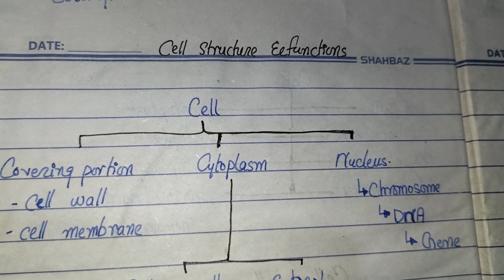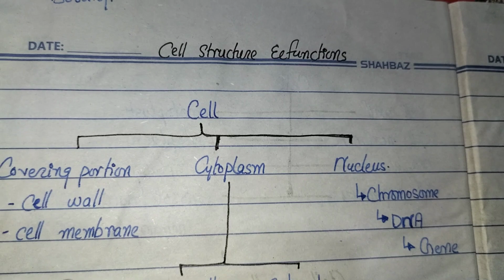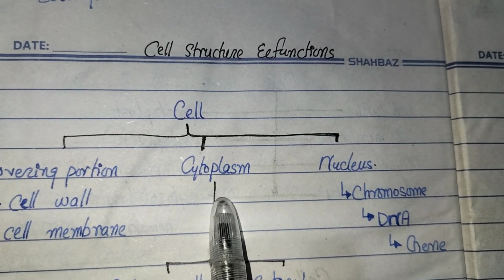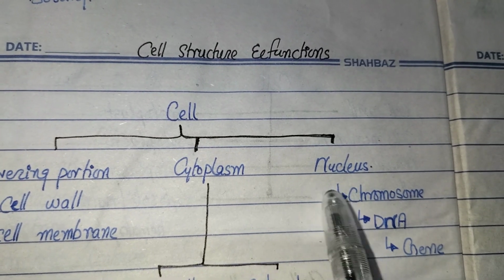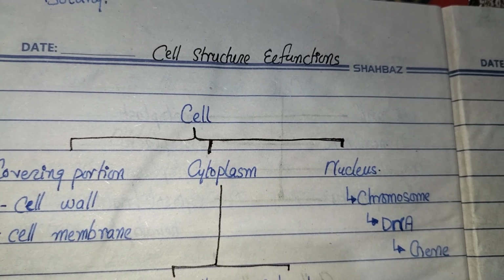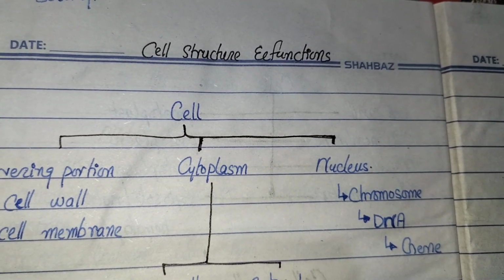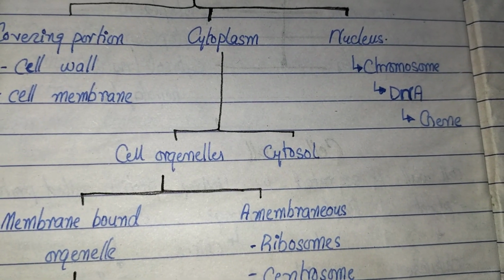A cell has three main parts: the covering portion, which includes the cell wall and cell membrane; the cytoplasm, which is a kind of liquid present in the cell; and the nucleus, which is the center and the basic structural part of the cell. It contains chromosomes, DNA, and genes. So we have two kinds of